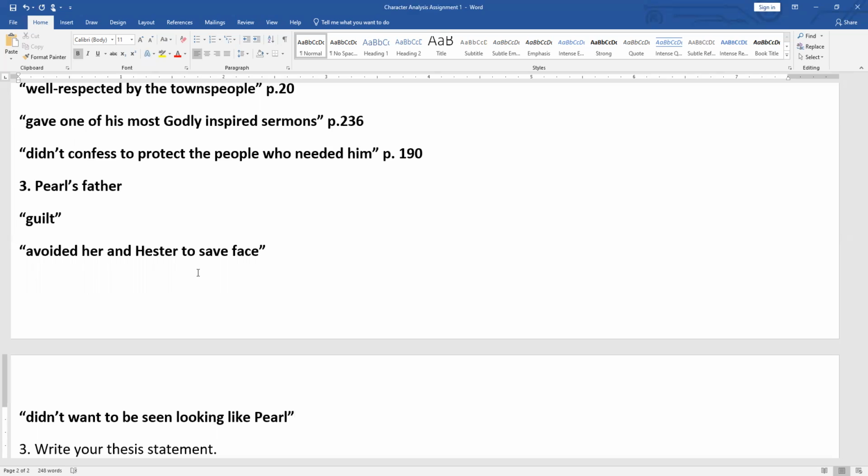Same thing with Chillingworth. One of the main points should be his quest for revenge. You have so much there because his only reason for existing in this story is that what? He becomes the antagonist. Exactly. He is dead set on finding out who the father is and seeking revenge and destroying that man. And so that is hugely important to write as one of your main 4 points,